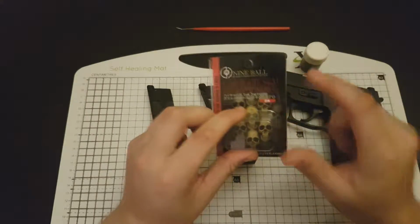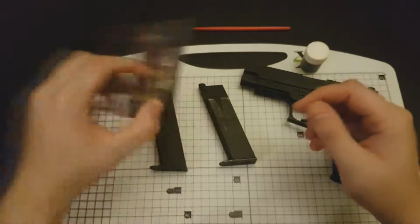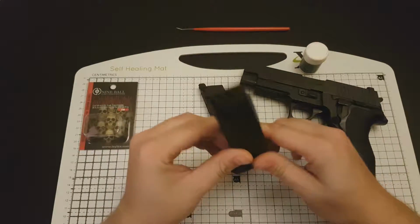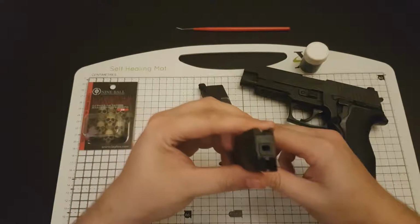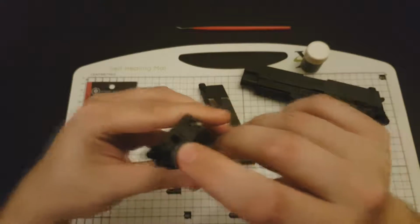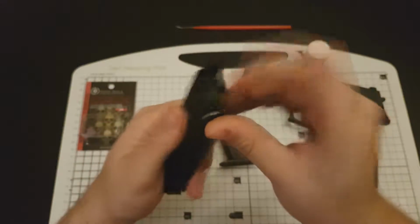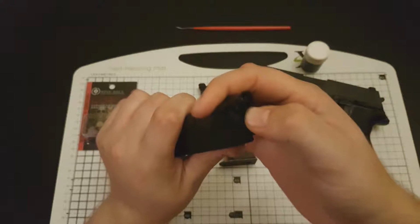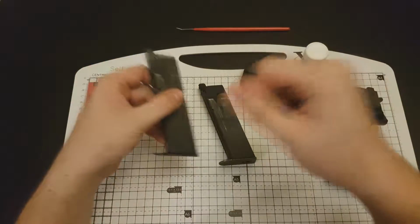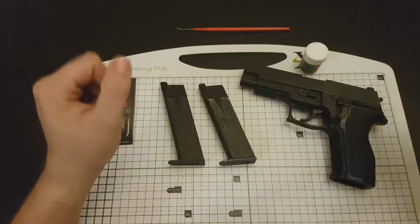I'm going to be going over the Nineball purple gas routers for the Tokyo Marui P226. As you can see here, this is a standard magazine, and this little black portion here is your gas router, and this is where your gas comes out of. Now, as standard, it's just a black silicone. Tokyo Marui mags are great as they are as standard, but